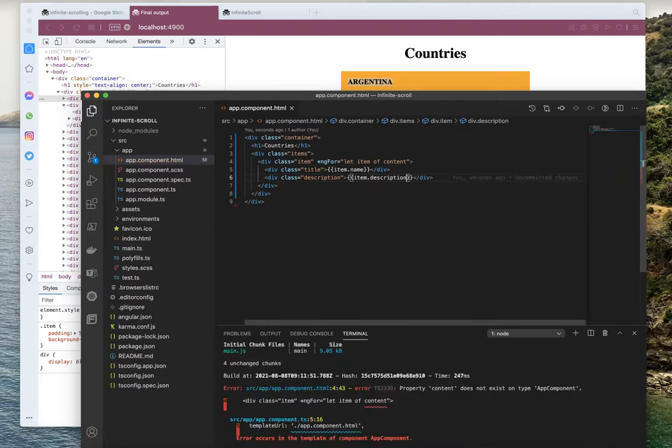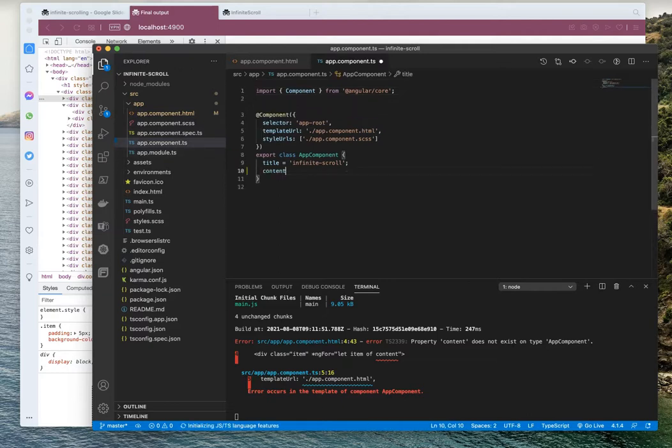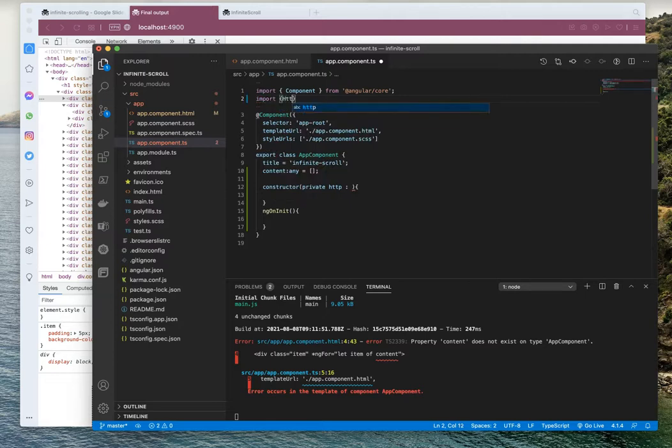Let's consume the API that is exposed by the backend. Here we can see an error. So let's declare this variable in the TS file. We'll need a constructor to add an HTTP object. We will import the HTTP client class.